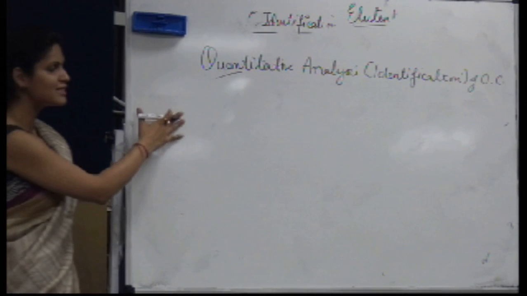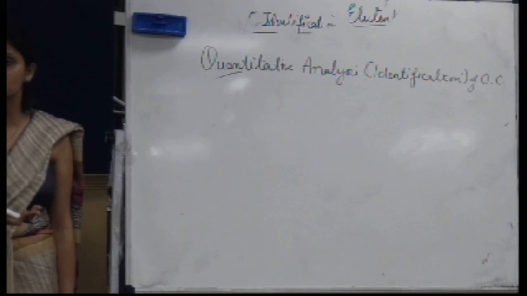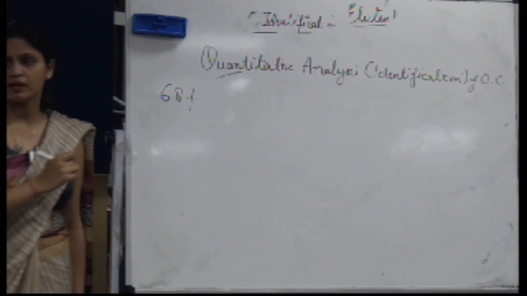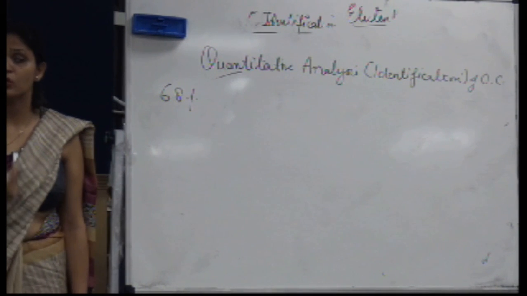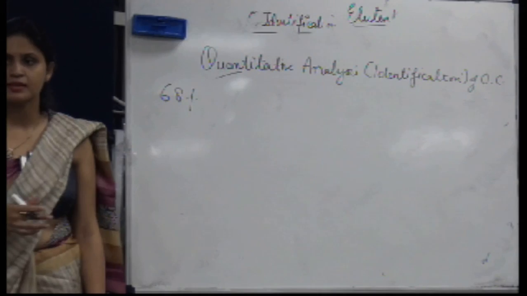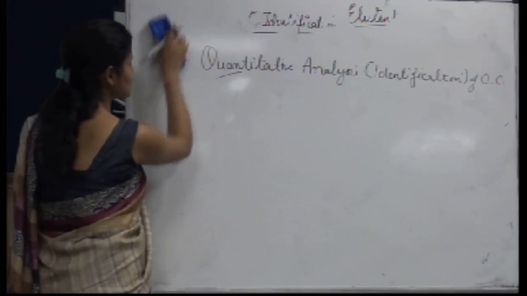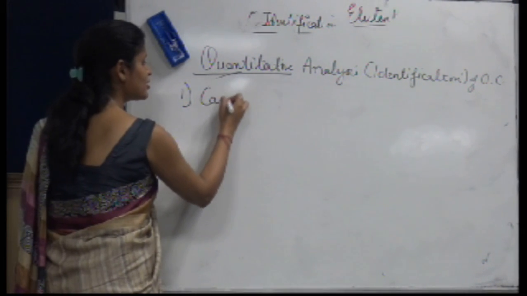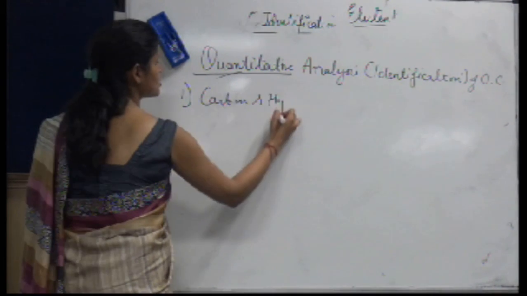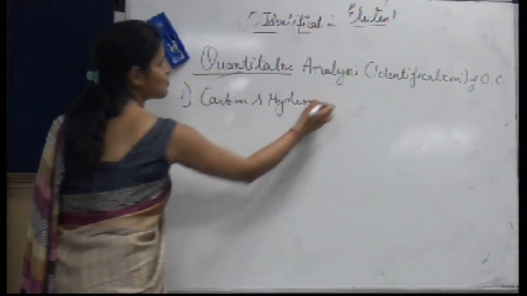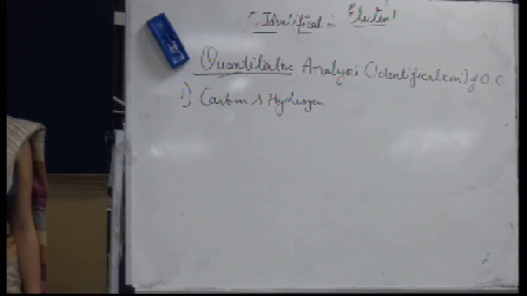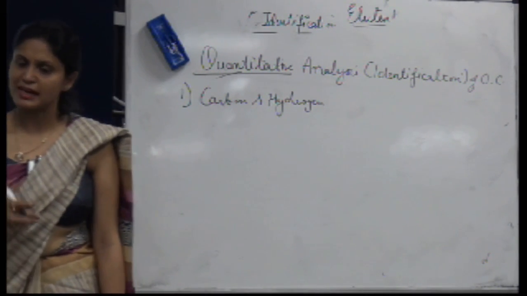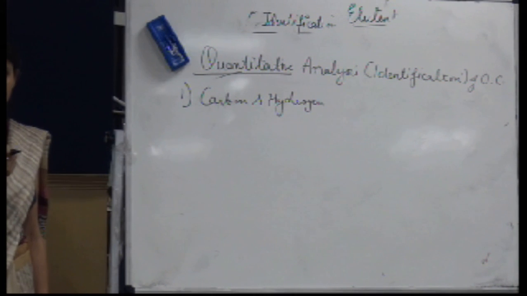But in this case you already knew how much percentage of carbon and nitrogen was there. But suppose I want to identify what percentage is present, then how do I find it? There are various methods. So let's take up various methods of quantitative analysis for various elements. First take carbon and hydrogen. Suppose I am given any organic compound. I don't know how much amount of carbon and hydrogen is present in it. So what do I do? I'll take that organic compound and then